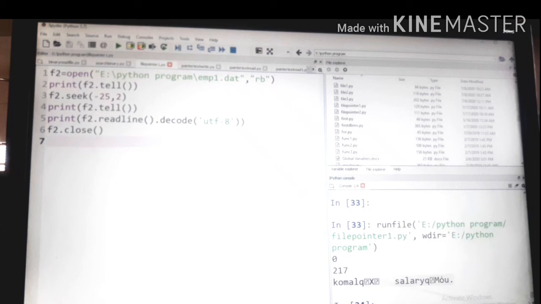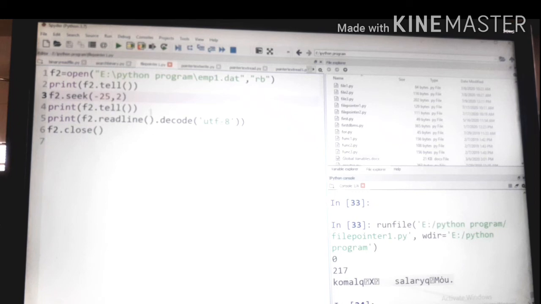Again we can use tell here. Tell gives you the current file pointer position. Now to read the content of a binary file, you know very well we can use pickle.dump for writing and pickle.load for reading.